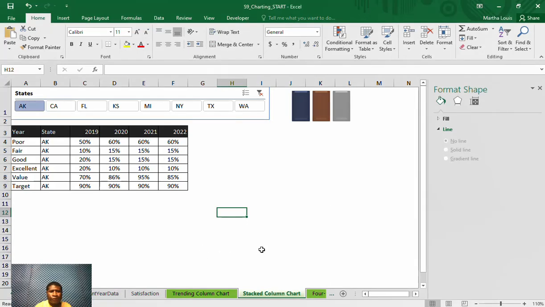Now in this video we are going to create a stacked column chart. This stacked column chart will be based on the performance, so performance under its year and for its state as well. So I want you to highlight